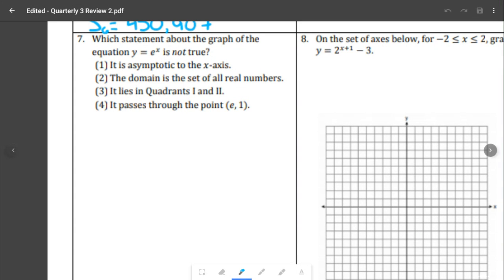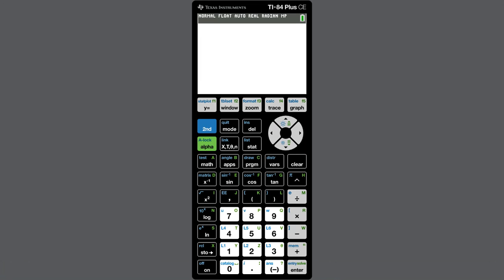All right, here's the second part of review 2. So starting with question 7, which statement about the graph of the equation y equals e to the x is not true? So one way we can do this is on our graphing calculator, go to y equals, type in